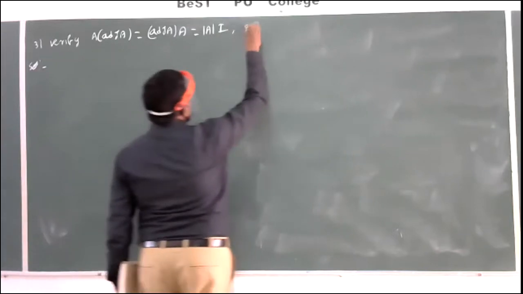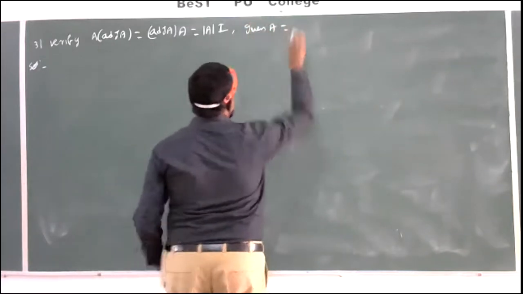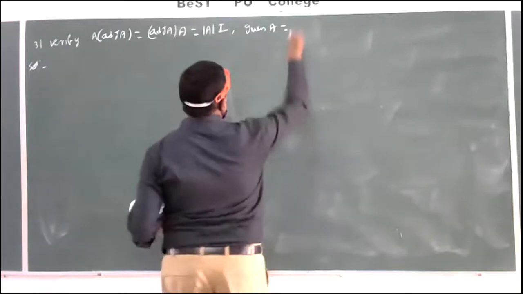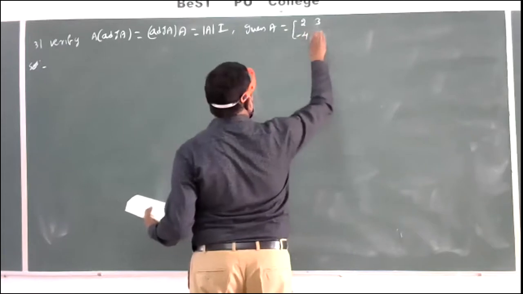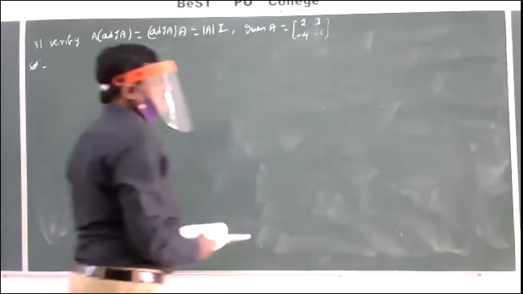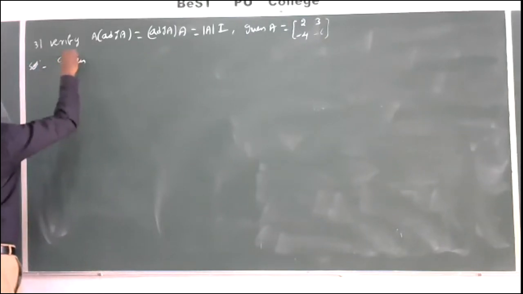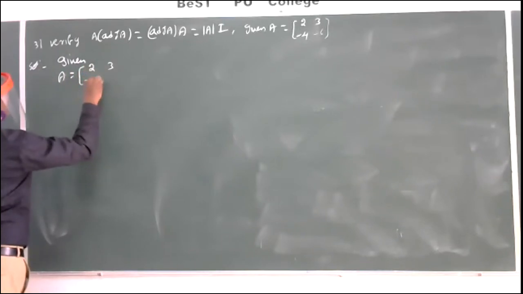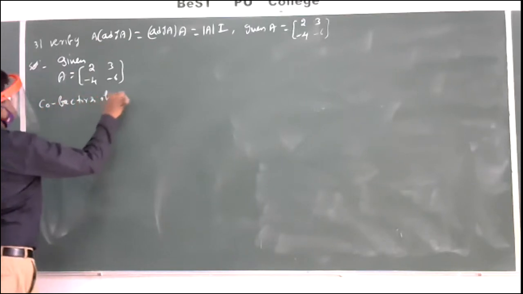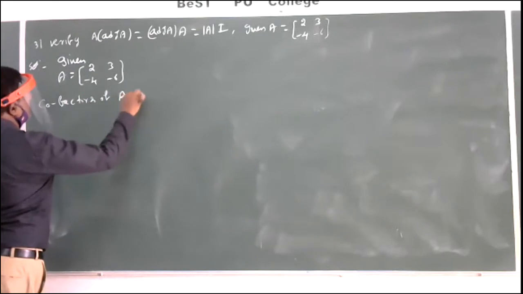Given A equal to [2, 3; minus 4, minus 6]. First find the cofactors. Cofactors of A are